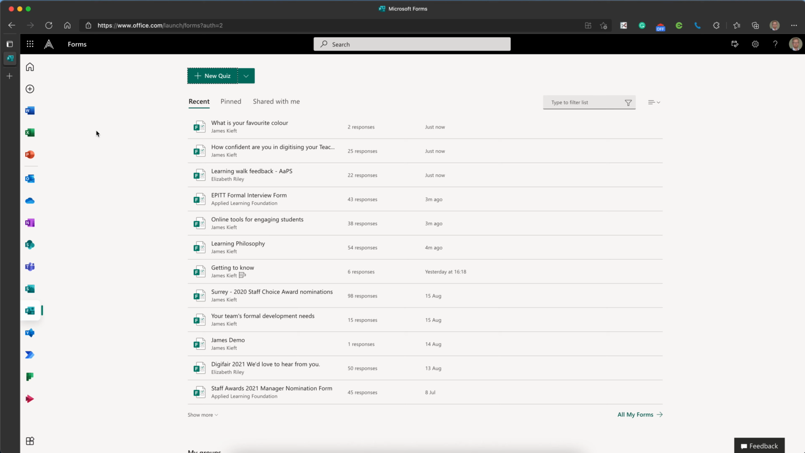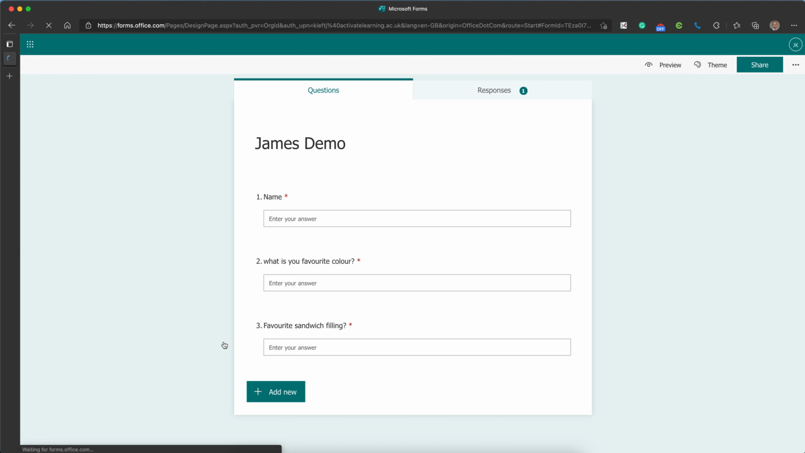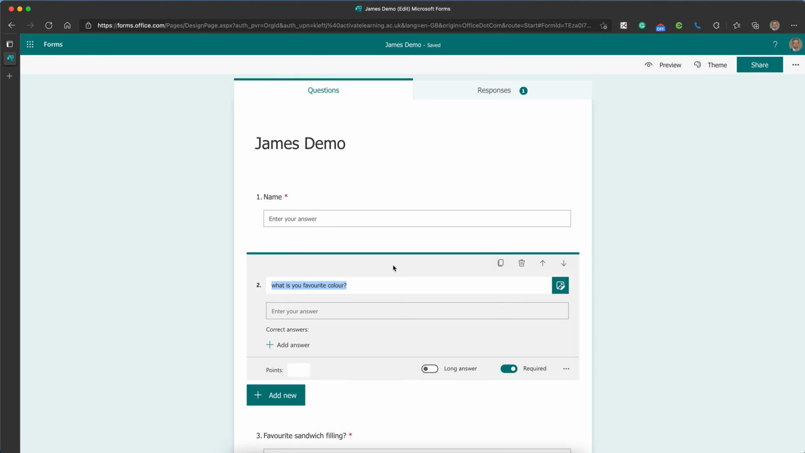Today we're looking at Microsoft Forms and just a couple of features I want to highlight that have been introduced recently. So I'm just going to dive into a form I've already created. And one of the things that lots of people have been asking about is the ability to format text more clearly. So if I dive into this question,